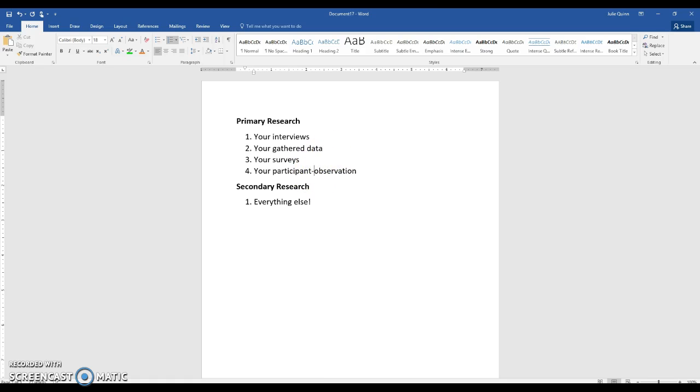If you're doing social science research, you'll quite often hear about a term called participant observation. That's when an anthropologist or a sociologist goes into the field and they study groups of people. Then they come back and they share that research with us. Often that research is published in journals. Once we access those journals, it becomes secondary research. We didn't come up with the data, but we're borrowing the data, right,